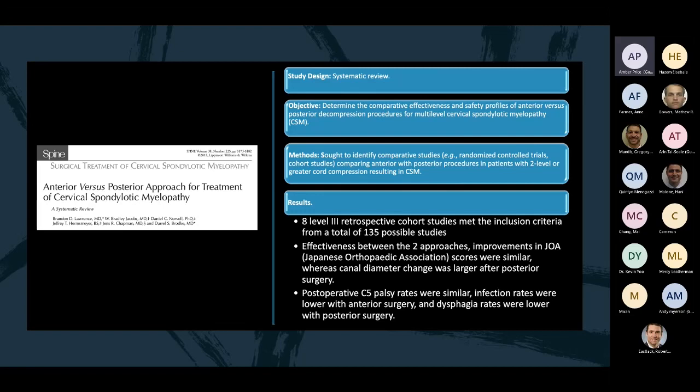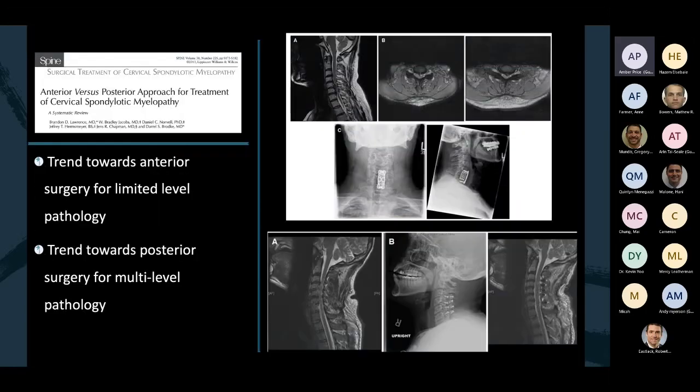Posterior approaches increase canal diameter changes more. In these studies, the postoperative C5 nerve palsy rates were similar. Infection rates are lower with anterior surgery, which seemed to be similar across the board. Dysphagia rates were lower with posterior surgery. So in general, in the literature, there's a trend towards anterior surgery for limited pathology and a trend towards posterior